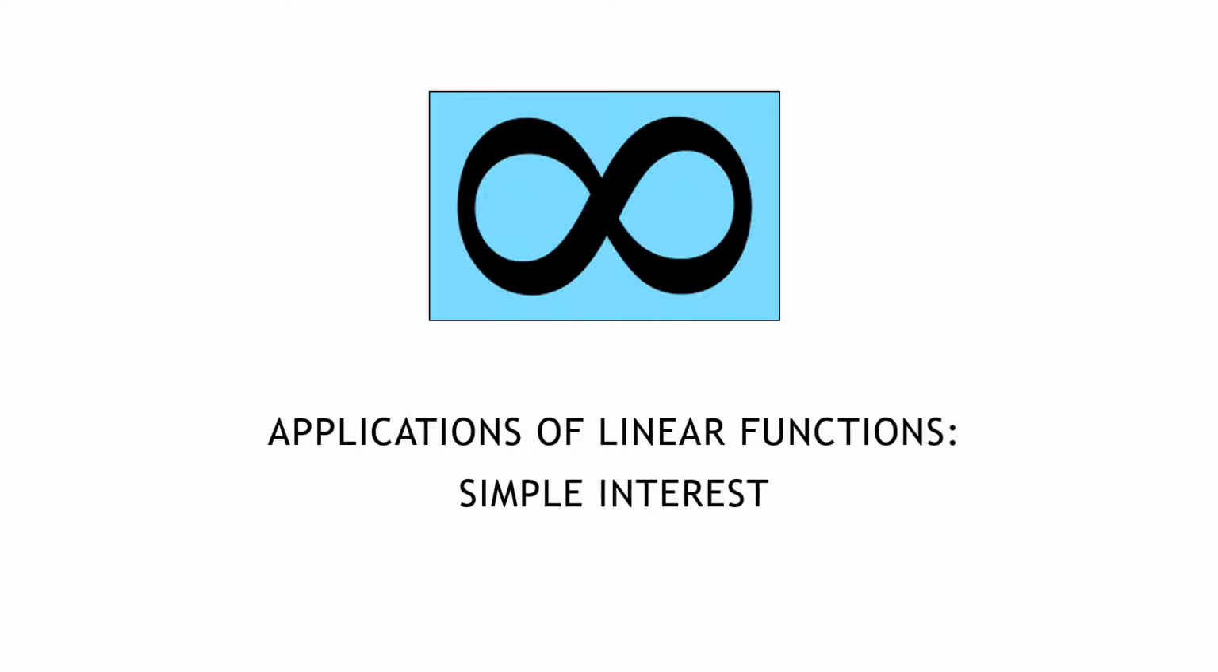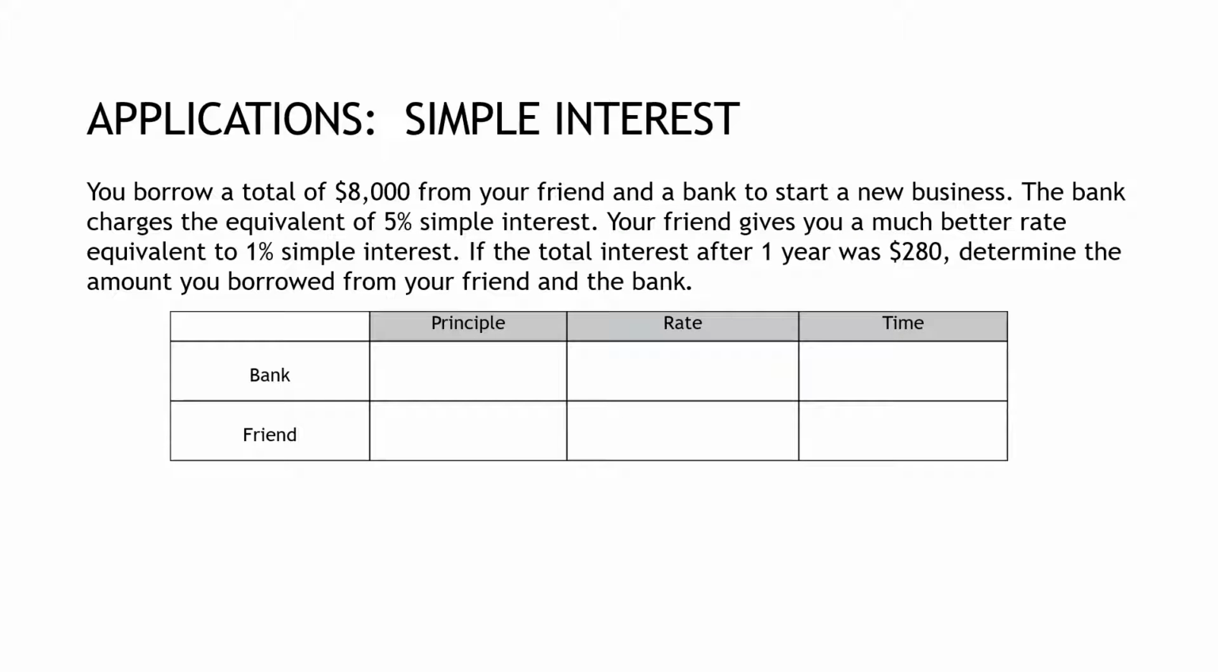Another common application of a linear function is simple interest. So hopefully we remember that to find simple interest, we're just going to take the principal, which is the amount invested or the amount borrowed, times the rate, and make sure that your rate is in a decimal form, and then times the time in years. So if we end up with, say, something like 6 months, that would be 6 out of 12 months, or half of a year. So time in years,